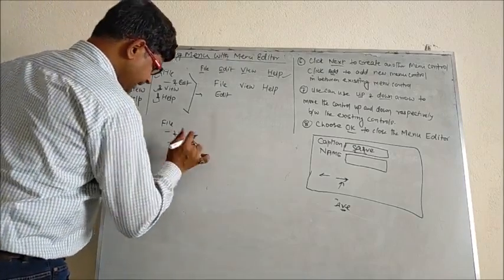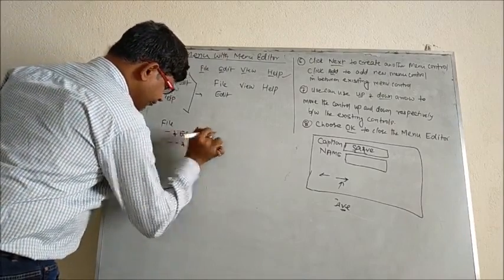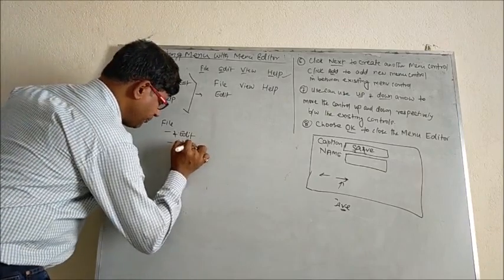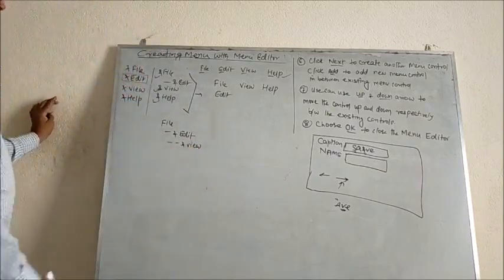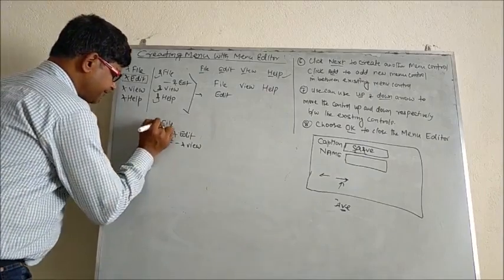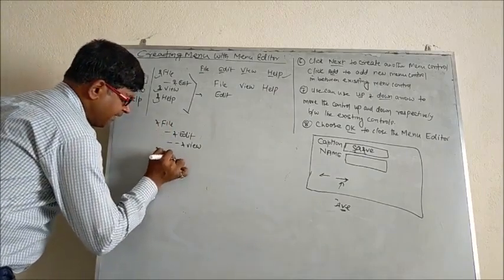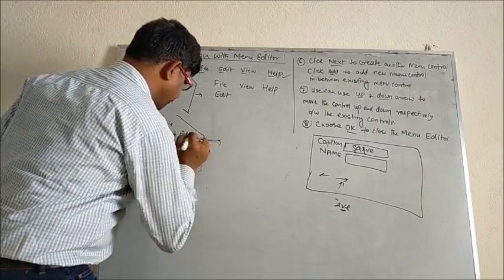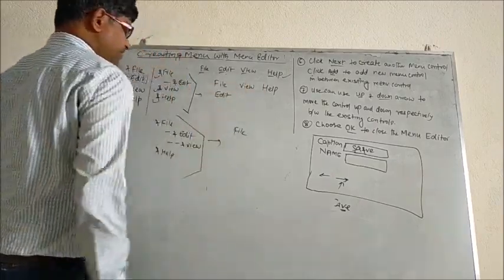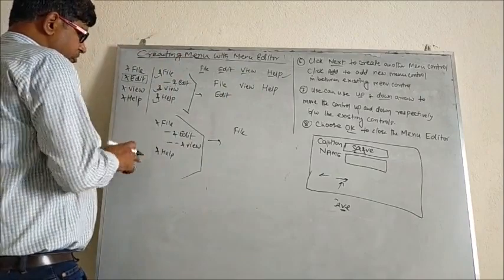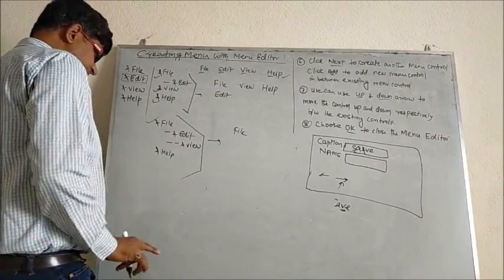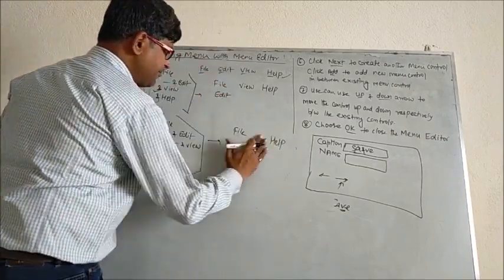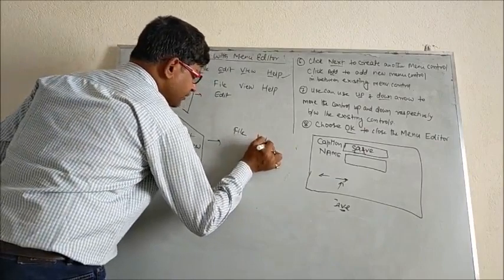No, sorry. Say this is edit, and if you want to put view in edit, so what is going to happen? Suppose this is the end file, this is your ampersand help, right? Now what will be the output of this? What will be the output of this? The output will be your what? File. How many menu titles will be there? There will be only 2 titles. That is file and help. Right? File and help. Okay. File and help.